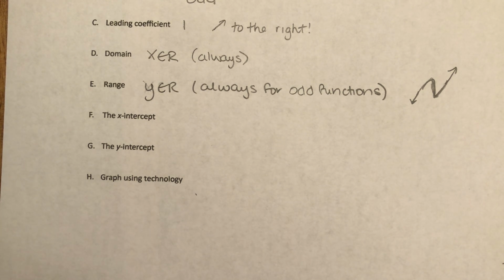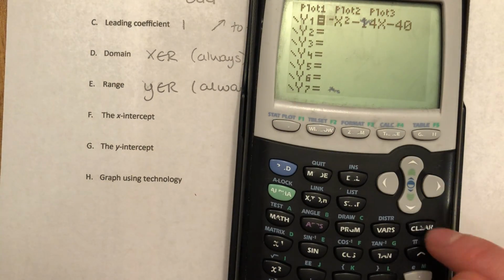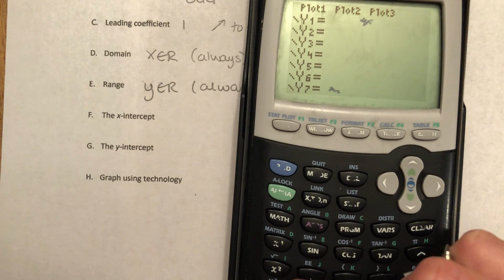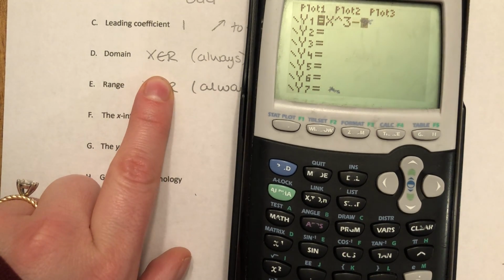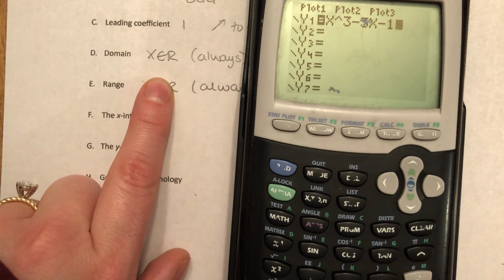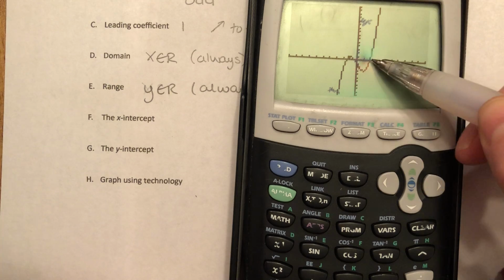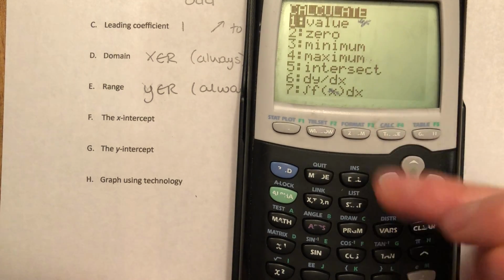Okay, my x-intercepts. To do this, we're going to just graph it. There's a way that we could figure it out algebraically, but it would take a whole different lesson, and we've just been doing everything graphically, kind of on purpose. So x cubed minus 3x minus 1, and I graph it. I've got 1, 2, 3 x-intercepts. So we go second, calc, 0,